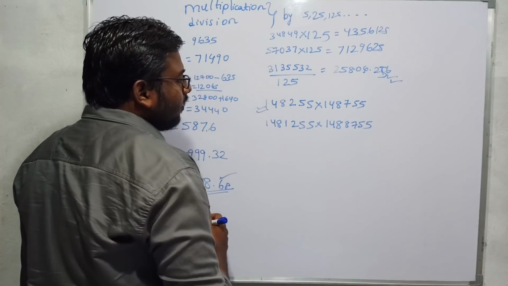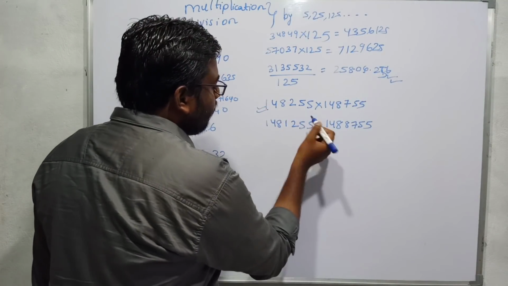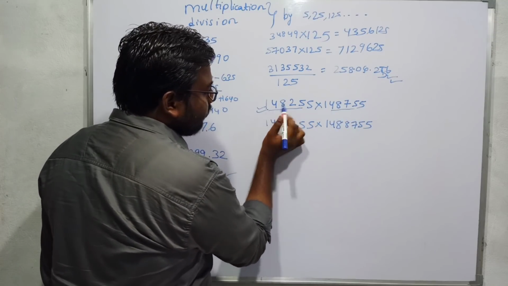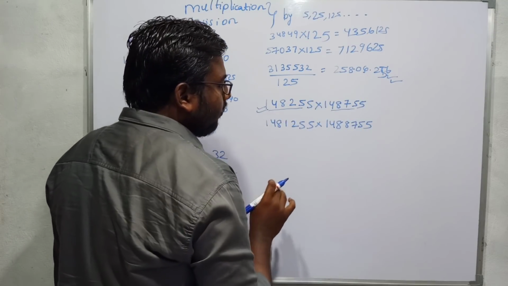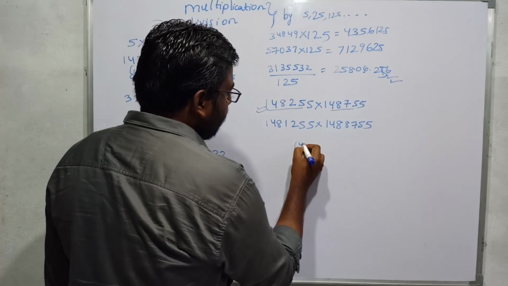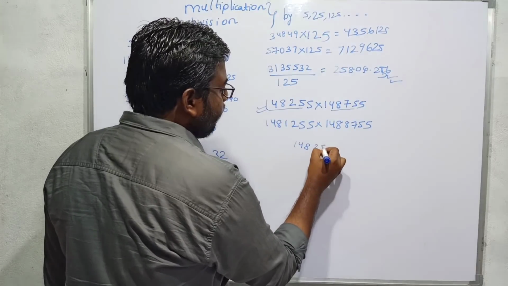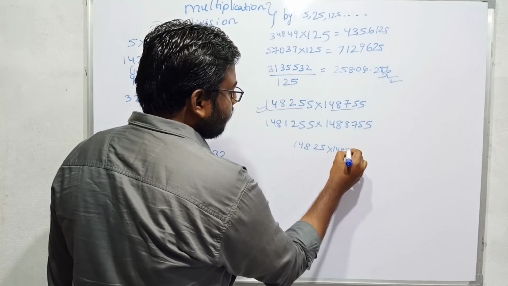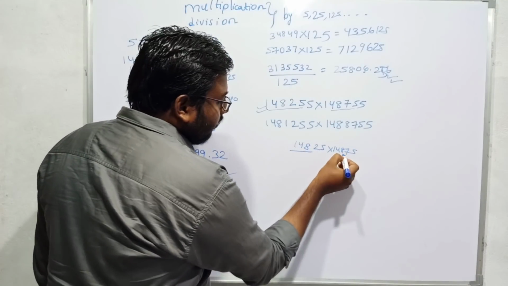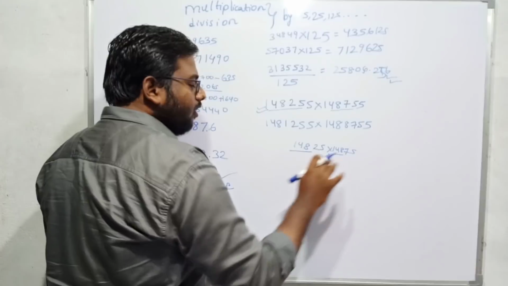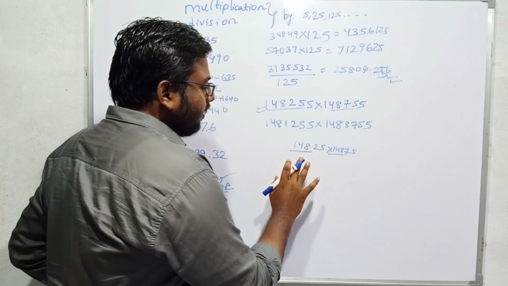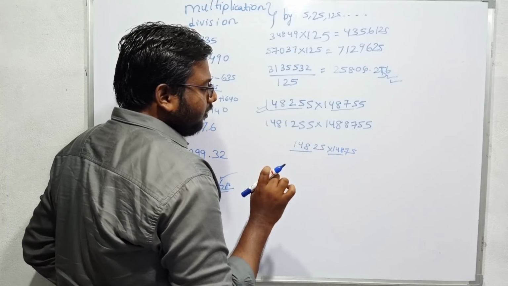This result, if I see clearly, the last digit is 5, these numbers are ending with 5. So I can apply the concept of multiplying two numbers ending with 5. So now I have to calculate the result of 14825 into 14875. If I observe this clearly, 148 is same, and 25 plus 75 is 100. So I discussed this concept in part 4. If you see this concept in part 4, then you will get full clarity about it.